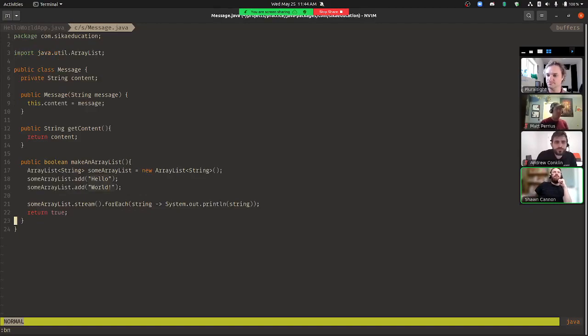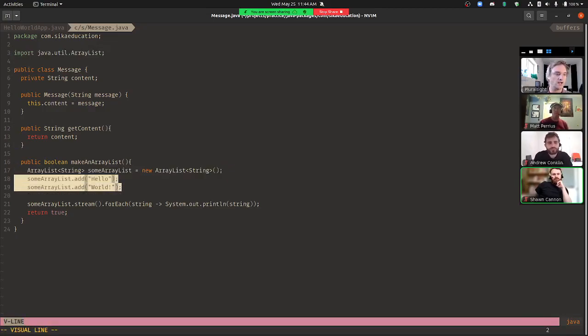Awesome, thank you. So to recap, we had to import the particular collection that we wanted to use. We had to initialize it. We had to tell it what data type goes in the collection. Add is kind of like push. What you'll notice is that different collections have different names for those things because they're different operations. So push is something that you do with a stack. Add is something you do with a list. And queue is something that you do with a queue. All those are different types of collections, so they have different terms.